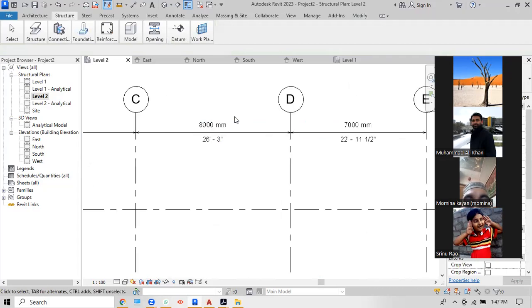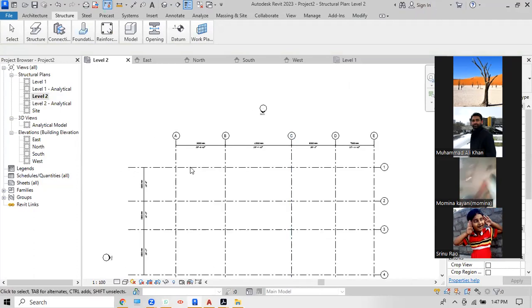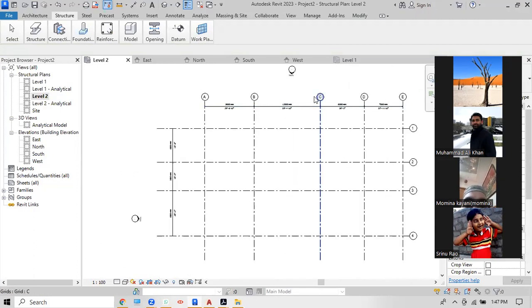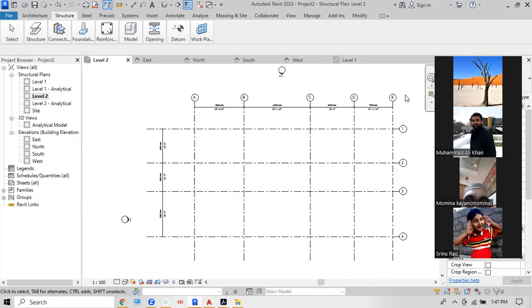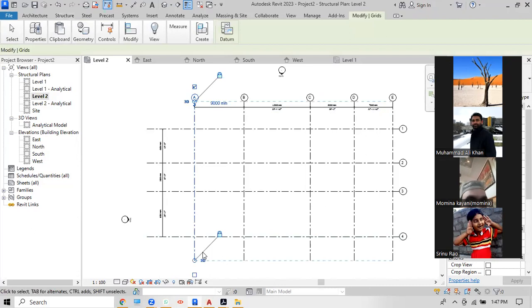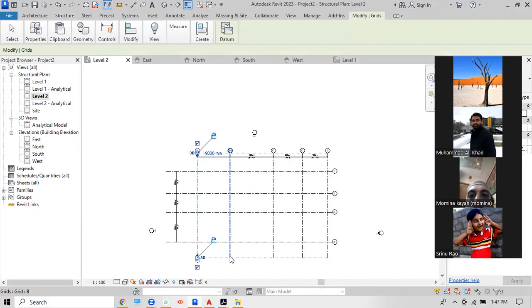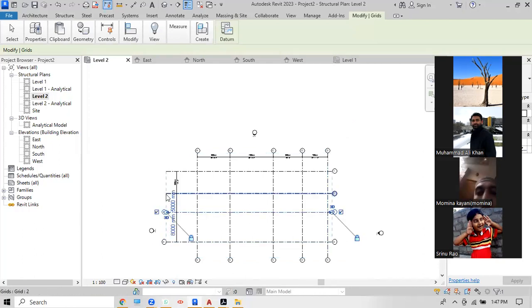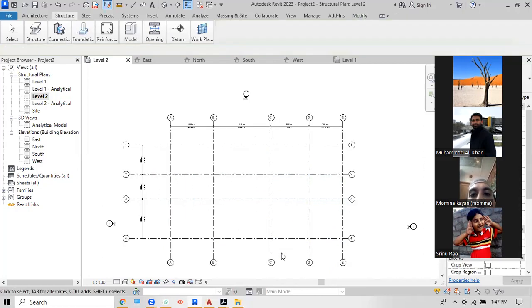This is 7,000. Automatically it's coming in the FPS system, and at the same time it's coming in the SI system. We can make it in centimeters. You can see this circle is appearing only on one side. So we can simply click it, and you will see here. We can click it here as well, and it will appear on this side as well. Like this one, like this one, like this one here. You can see automatically everything is